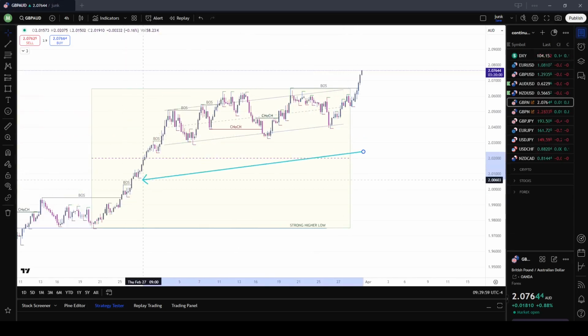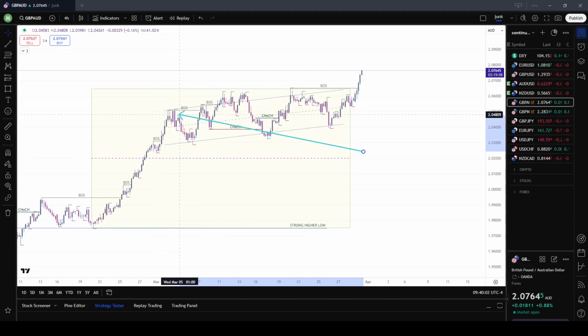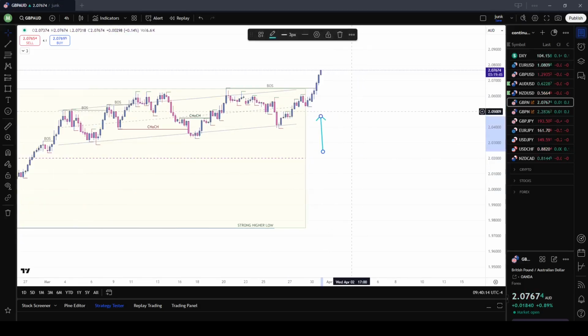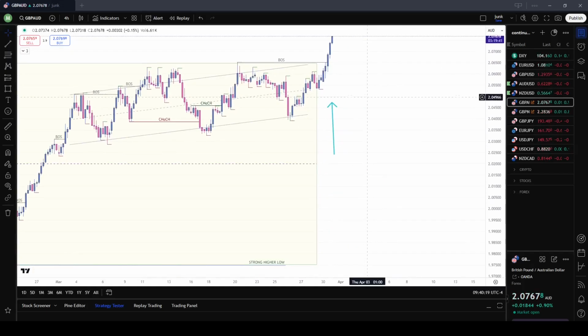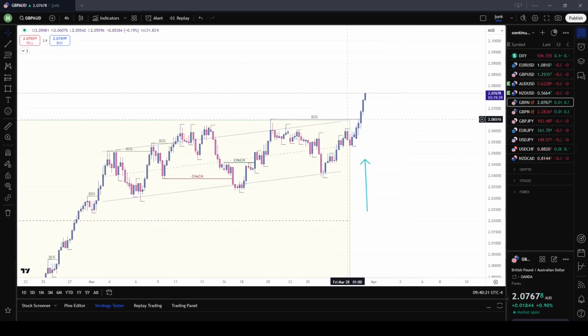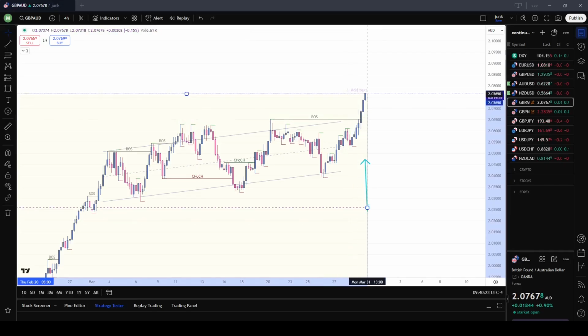this has always been impulsive, barely giving any type of pullback, and this is a corrective ascending channel, but the buyers are still in control. As you can see, they've always been impulsive, but this pair has not given any significant type of retracement to take any buy in discount. So this is not a pair that does that, but we go ahead and expand this range to the current